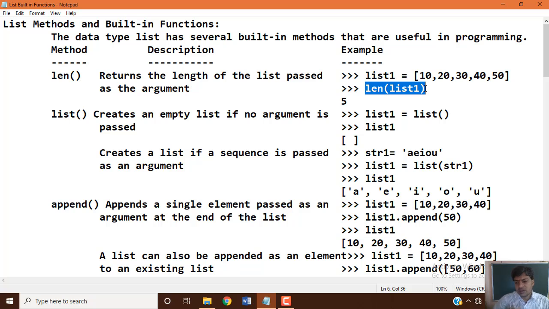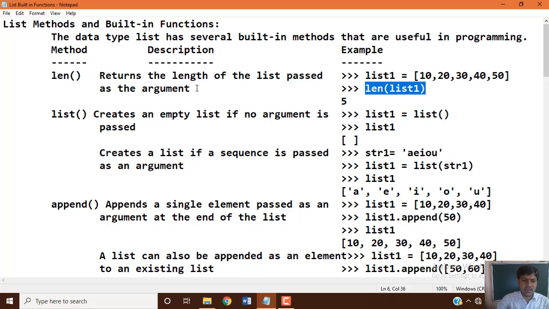Once you execute the complete statement, you will get the output as 5. That list variable contains 5 elements, and those 5 elements each have their own index number inside the compiler memory, which always starts with positive index by default, 0 1 2 3 4.